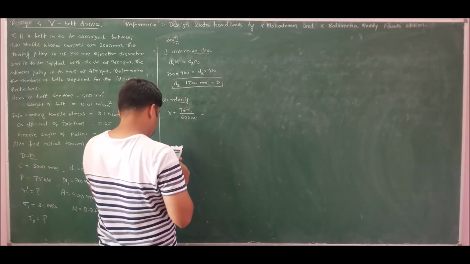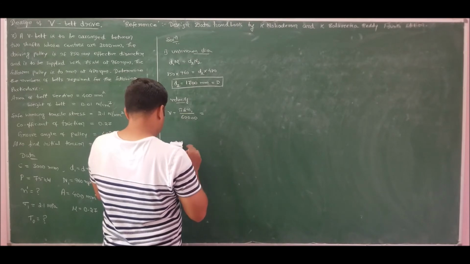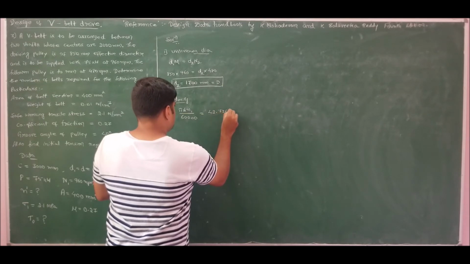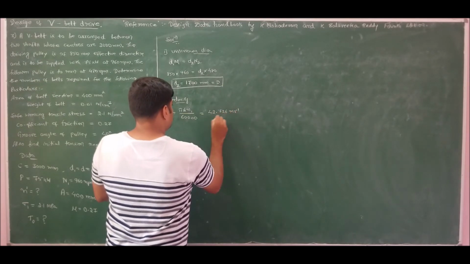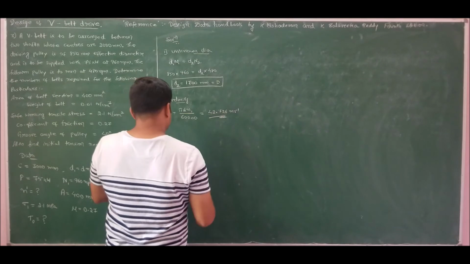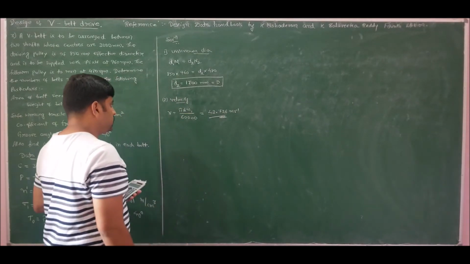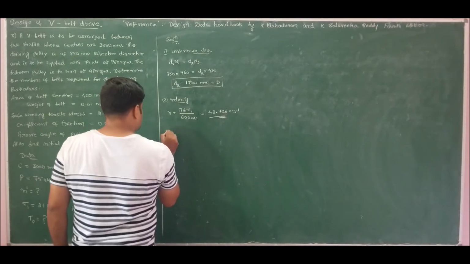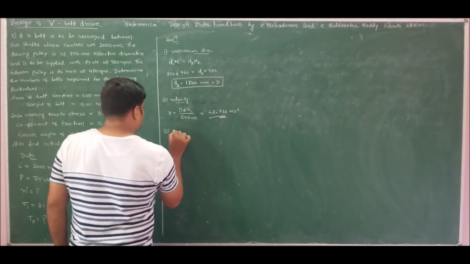Sorry. So velocity is 42.726 meters per second. So next, let us calculate the value of capacity,